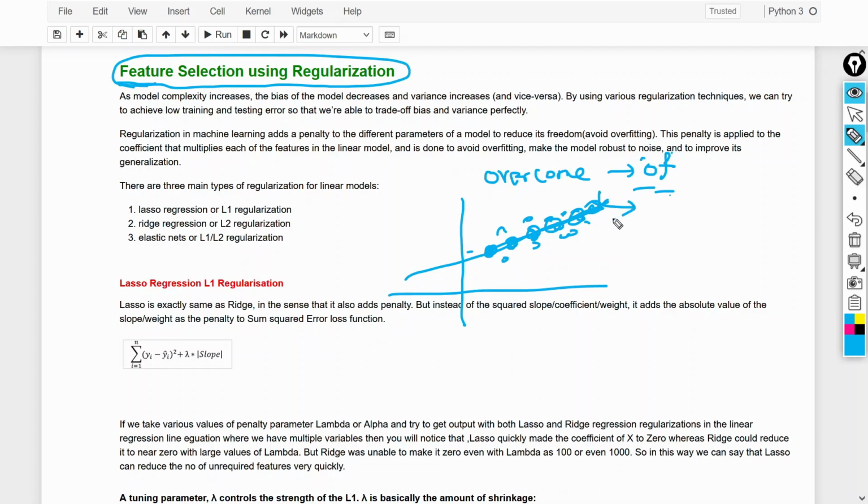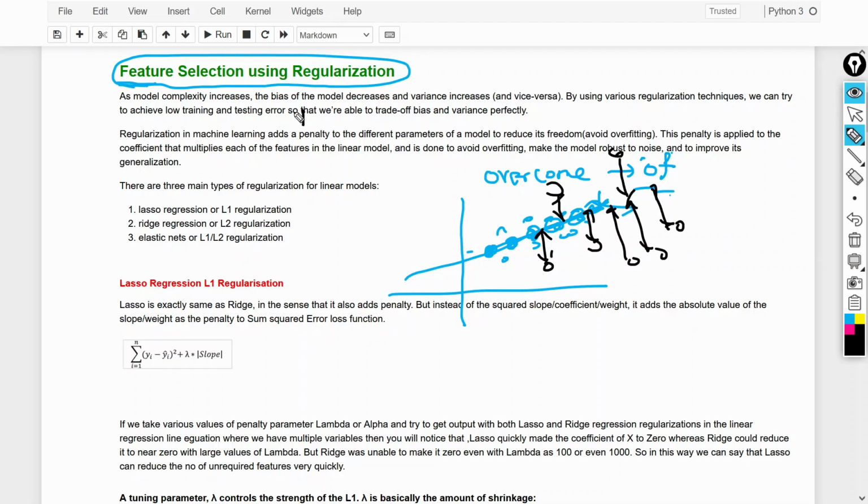It means it is memorizing the things. But when we use some unseen data, like this is your unseen data, in that case it will not perform better because there is lots of error in the testing data.